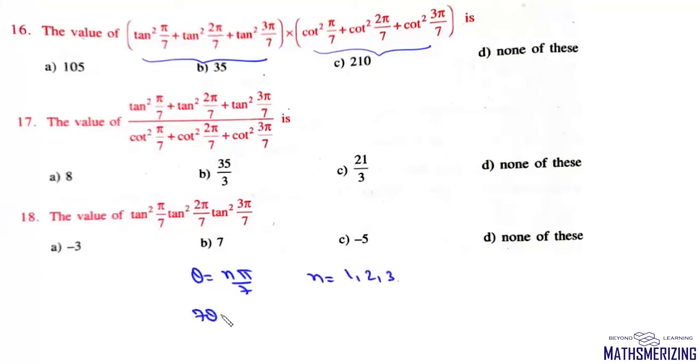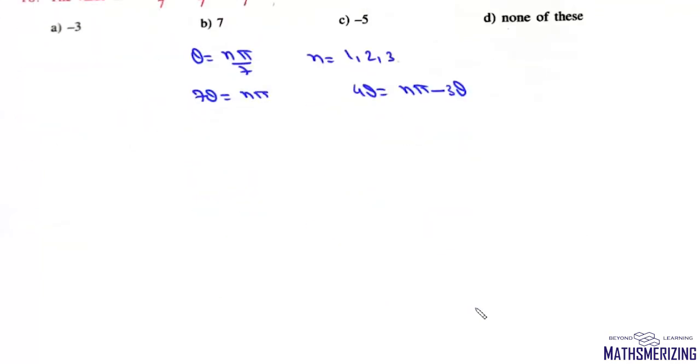Now again we can write 7 theta as n pi, then 4 theta will be n pi minus 3 theta. Now we'll take tan on both sides. We can write tan 4 theta is equal to tan of n pi minus 3 theta. So it will be tan 4 theta, and tan of n pi minus 3 theta will be minus tan 3 theta. Now what is the formula for tan 4 theta? tan 4 theta is